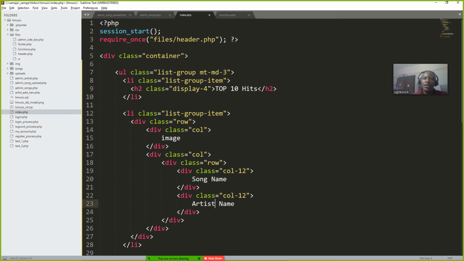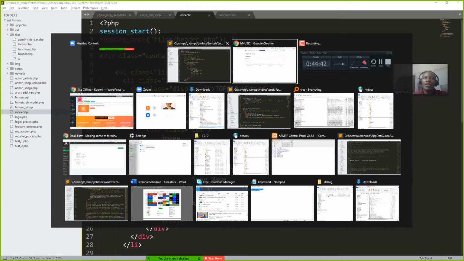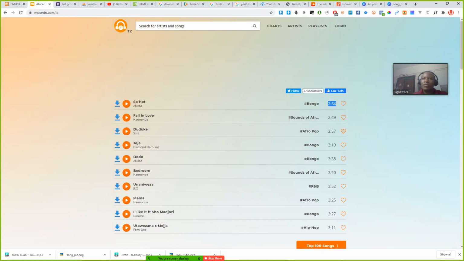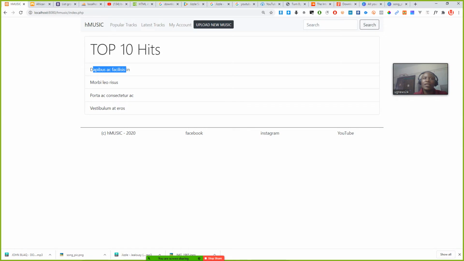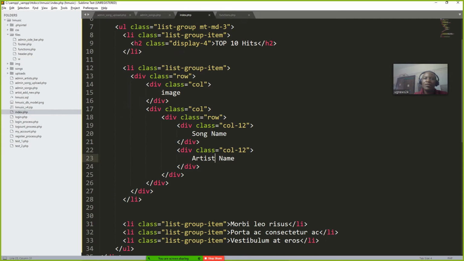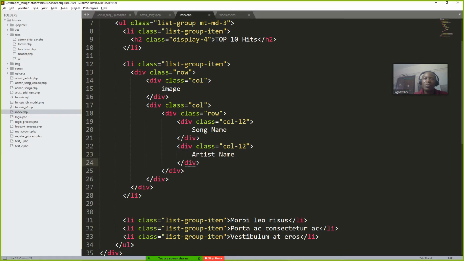Artist name. Then after artist name, let me see what else. I'll put maybe the downloads and the likes. The downloads and the likes, and then the download button, the play button. Okay, so I'll come in the sister to this column, I'll come and put it